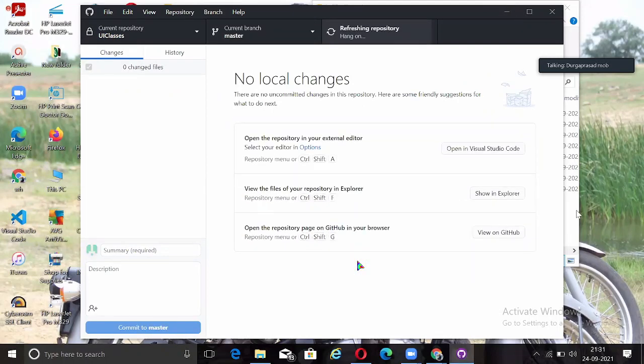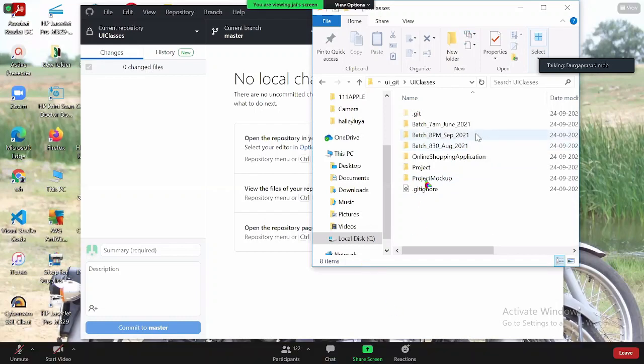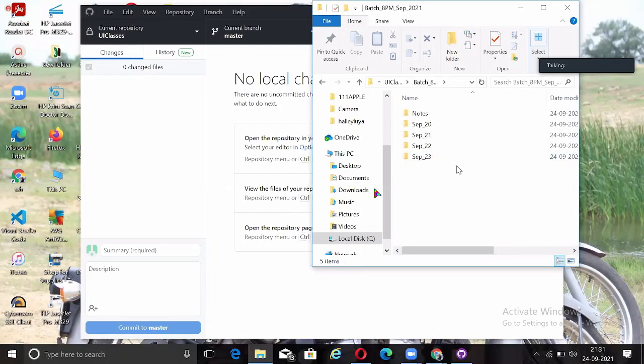Now if you see here, guys, he is done with this. Can you please minimize that? Under his UI Git classes, could he see the list of all the folders? Now, Jay, can you please go into the 8 PM folder? Does he see the notes folder, September 21, 22, 23, all the content in his local machine now? So now if we want to execute what happened on September 23, can you please open the September 23 folder? Now he can make whatever changes he wants onto this. This is how the GitHub desktop is helpful.